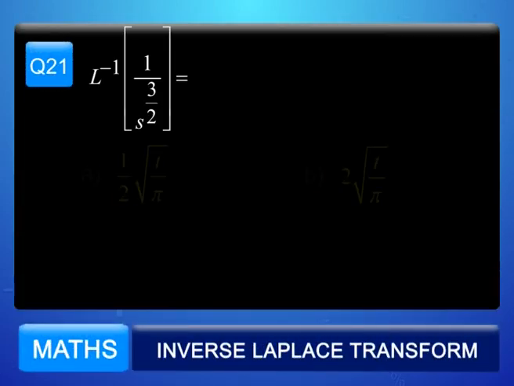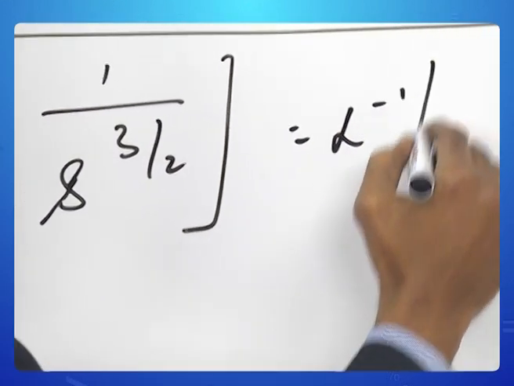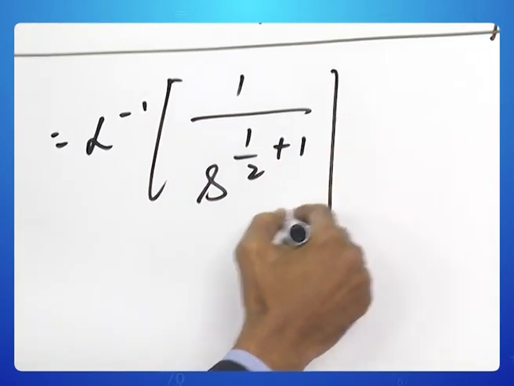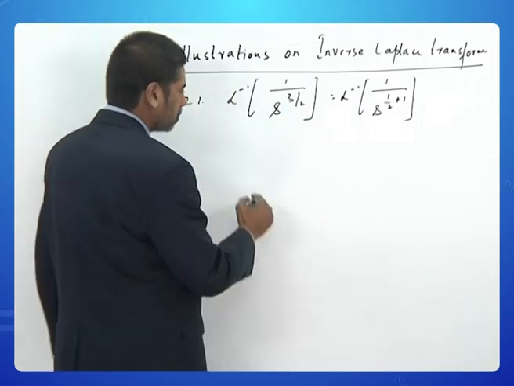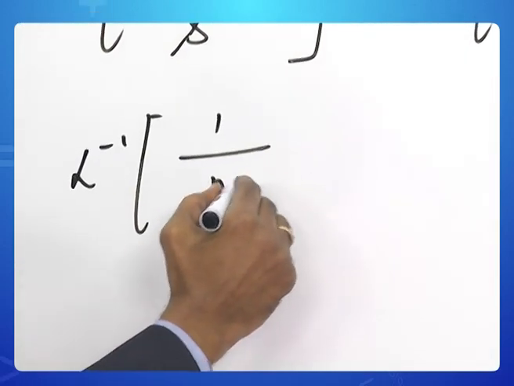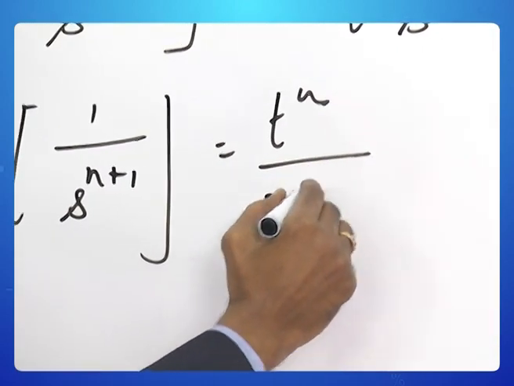Let's look at this problem. Inverse transform of 1 by s power 3 by 2. So first you write this as 1 by s power half plus 1. We write like this because inverse transform of 1 by s power n plus 1 is equal to t power n by gamma n plus 1,